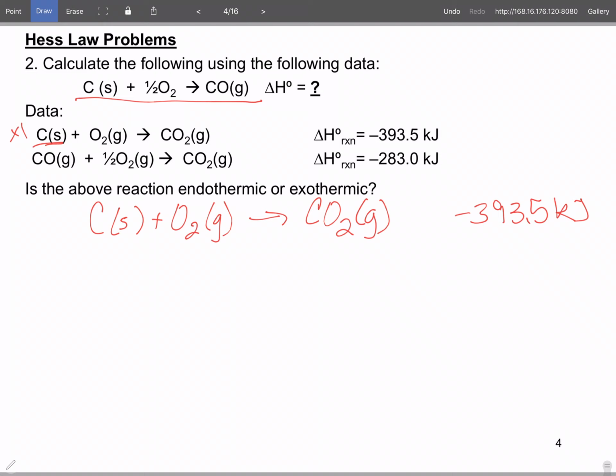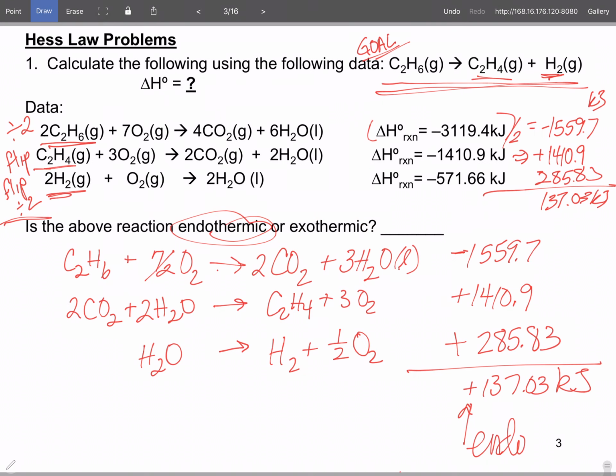Now, on the second equation, we need the CO2 on the product side. So we're going to have to flip this one. And we've got the CO, and that gives us CO2. And, oh wait, that just gives us CO2. And the oxygen goes in on the product side. All right. Now,